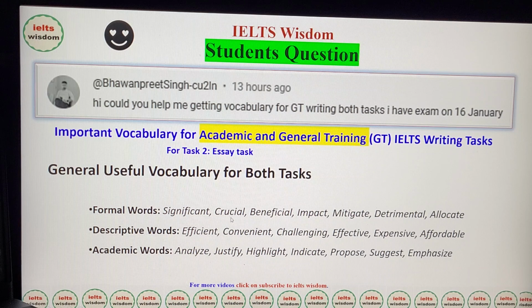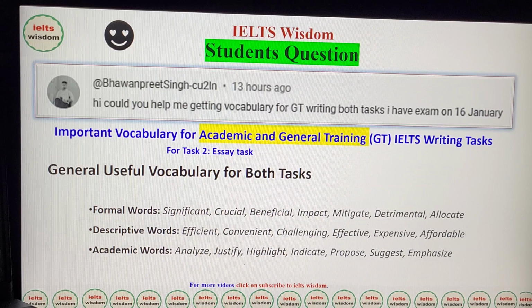Okay, crucial means important, beneficial means benefit. Okay, what benefit you can get, impact, mitigate, determinant, determinable. Okay, so what you determined about the situation. Allocate. Okay, that's the next word, allocate. So these all are the formal words which you should just memorize,